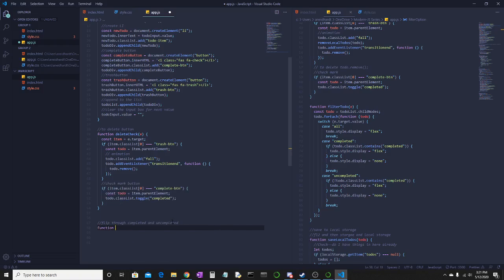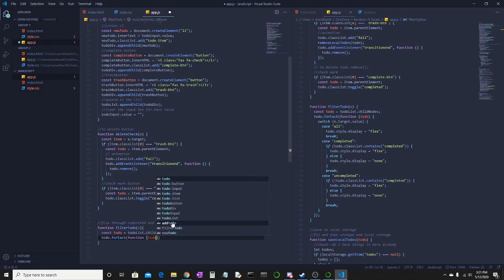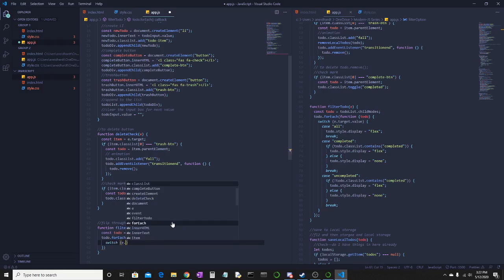So I'm going to say function filterToDo with e, and now the statement. I'm going to say const todos equal to todoList.childNodes, and I'm going to say todos.forEach. I'm going to put another function in parentheses, todo. Then I add more brackets, and I'm going to say switch e.target.value,